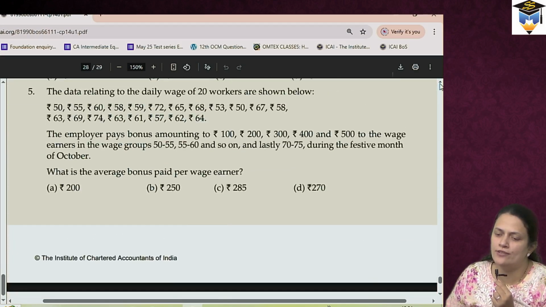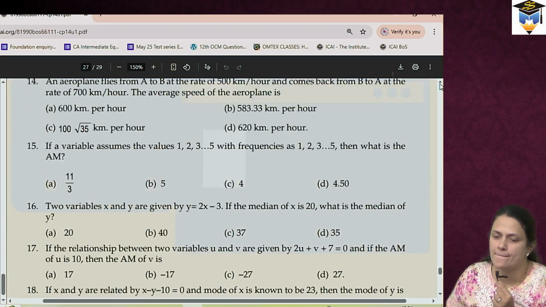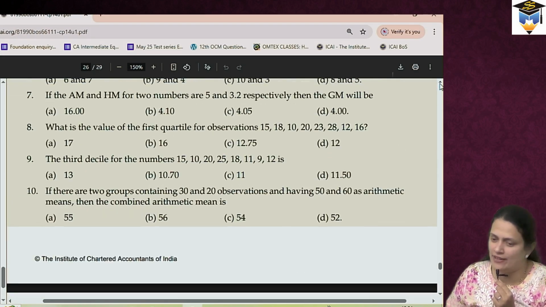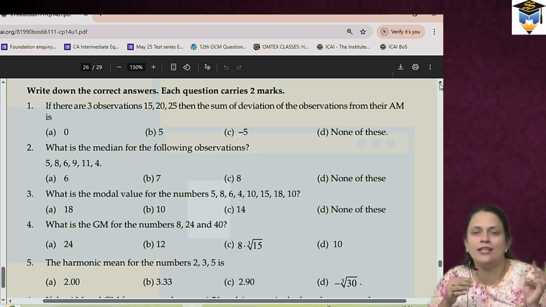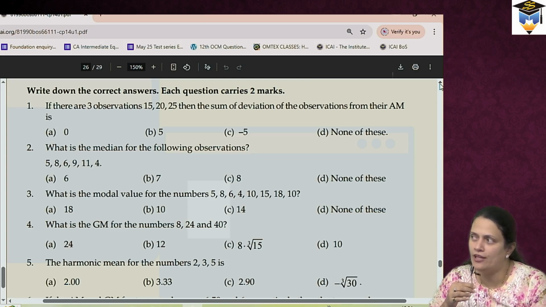So now let us solve the first one from set B. Now see, I have explained you everything. Okay. Now I want you to tell me what is to be done. First question is, if there are 3 observations, 15, 20, 25, then the sum of deviation of observations for their AM is. So what do we have to find out in this? First, find out the arithmetic mean x bar. Write down x bar is equal to 15 plus 20 plus 25 divided by 3. That comes out to be,